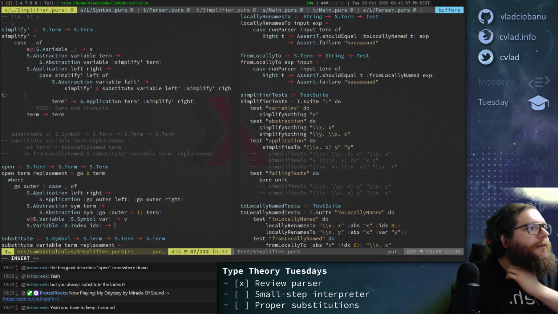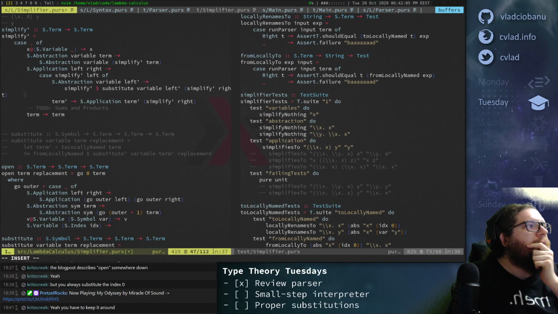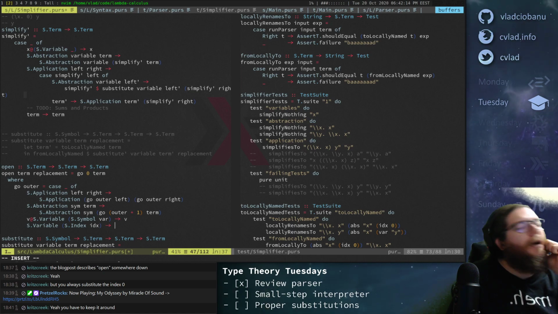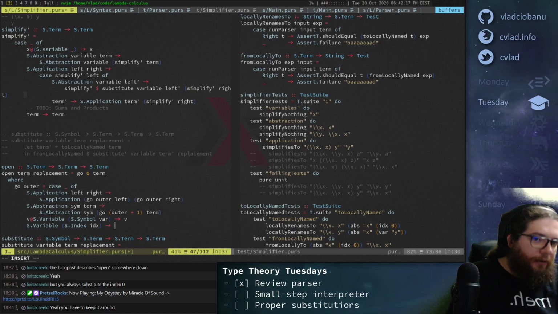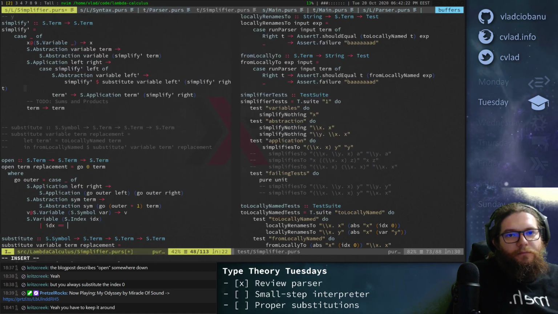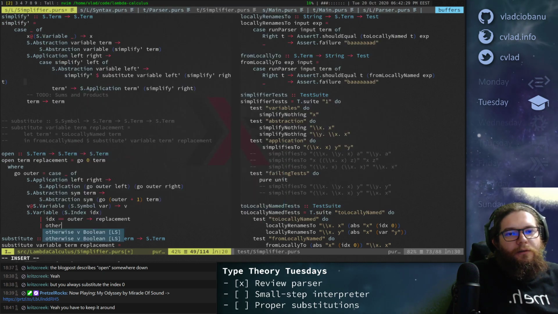Okay, so if we have an index, we just check if it's, I don't get this. So why do we compare with outer? Oh, I see. Because then it increases. Okay, yeah. So then we return replacement, and otherwise we just return the initial thing, right?